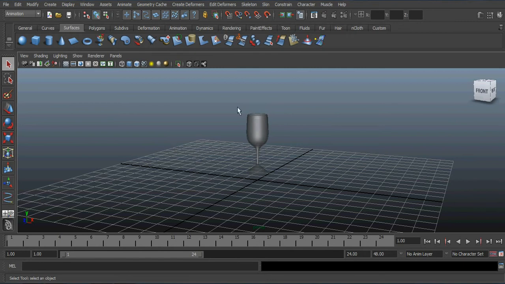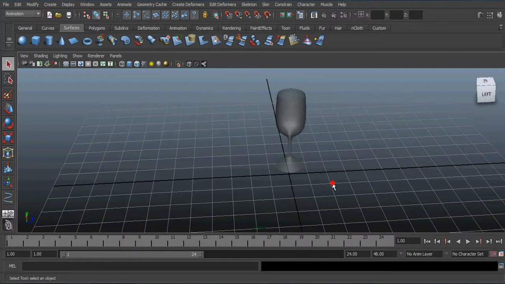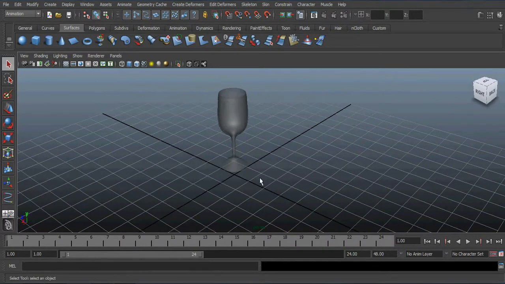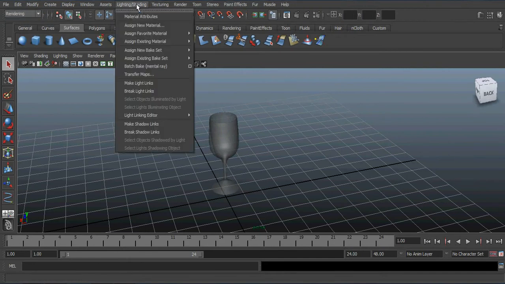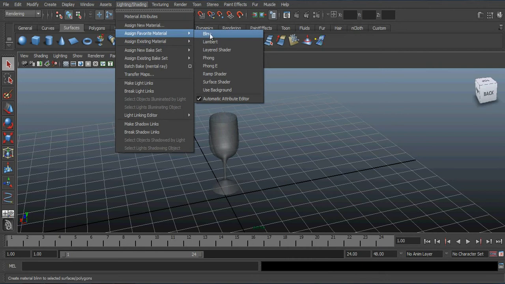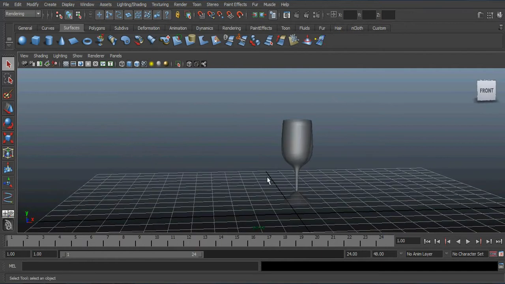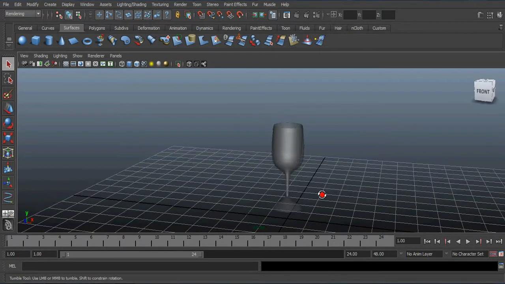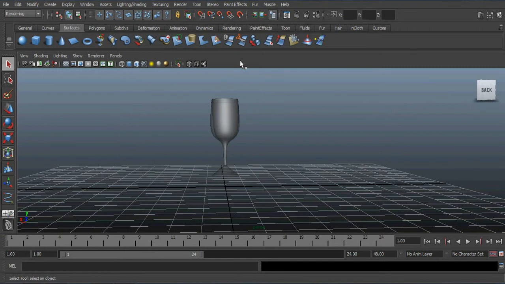First, you must have an object. I have chosen an object. It's a wine glass. And add the effect to that object. Choose the effect Blinn here for our object. And then if you have an object, any object that has a Blinn, now to apply the lighting, click here.